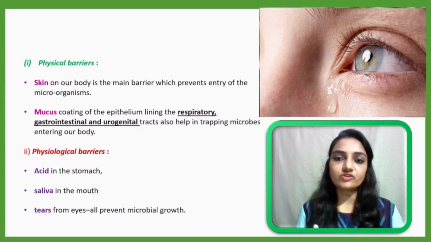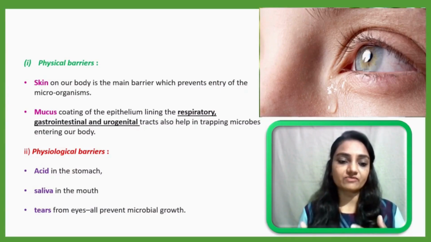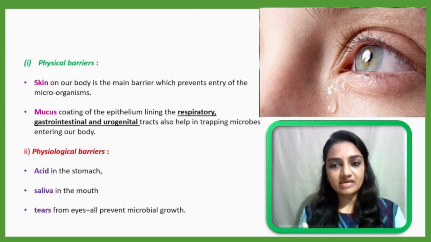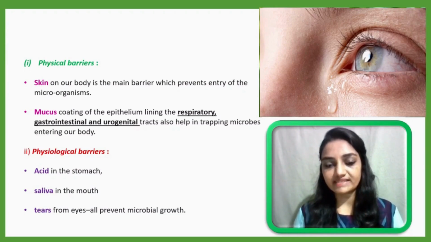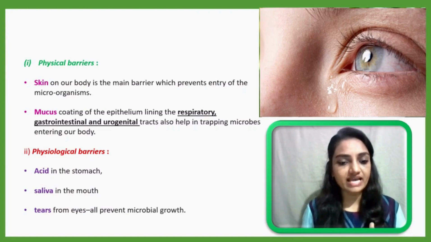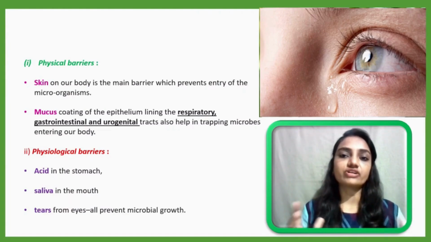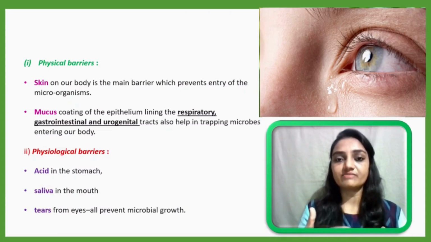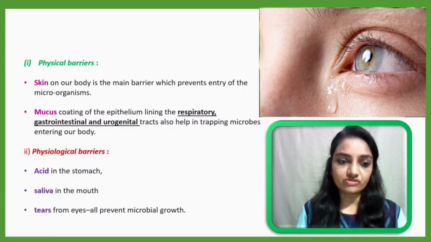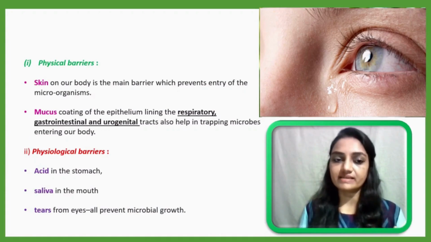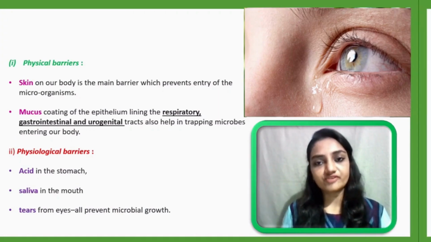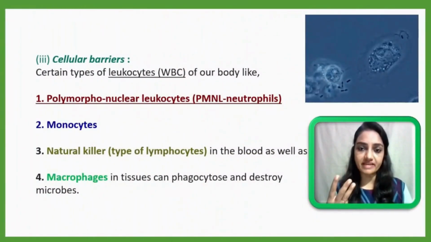So tear is also a very important watchman. They are also helping us against the entry of any disease causing organism inside our body. So tear from eyes will prevent microbial growth. They also have some chemicals that do not allow the organism to enter our body. So these are two very important barriers, physical barrier and physiological barrier. Now let me discuss the third barrier, third watchman,